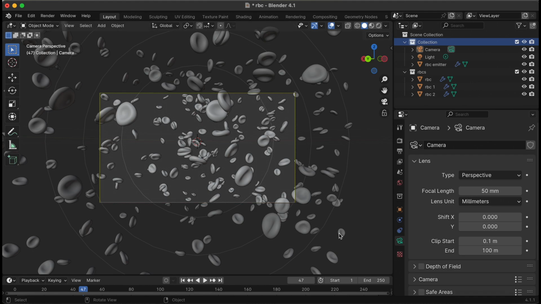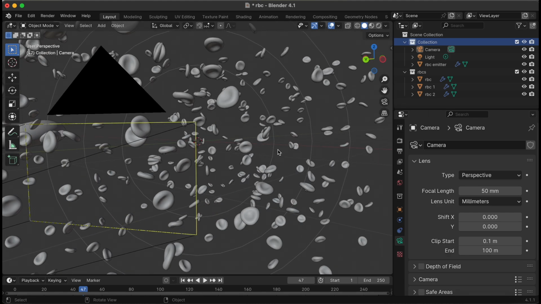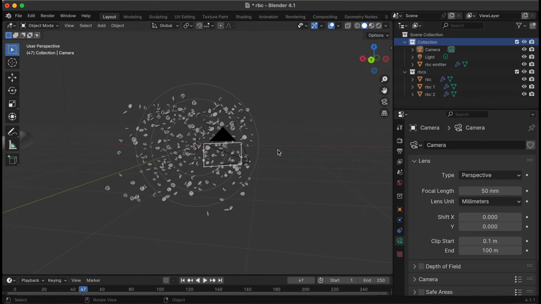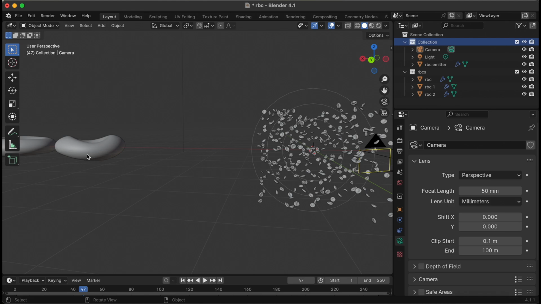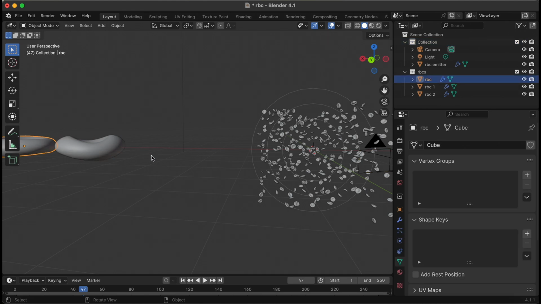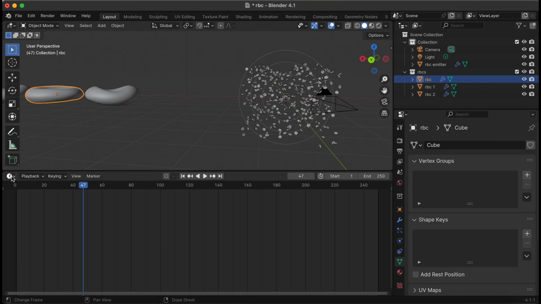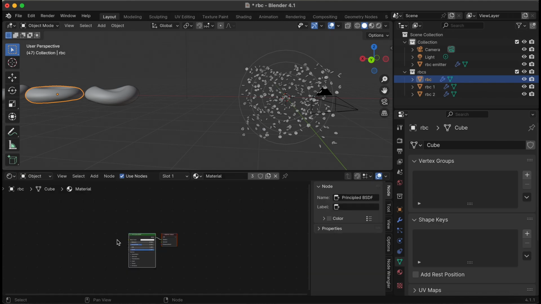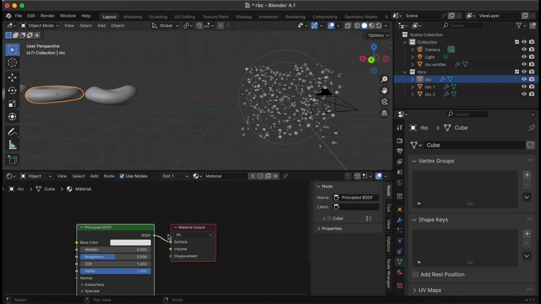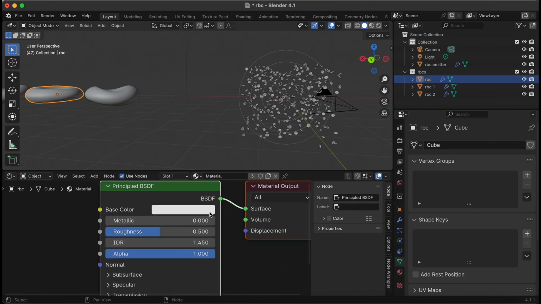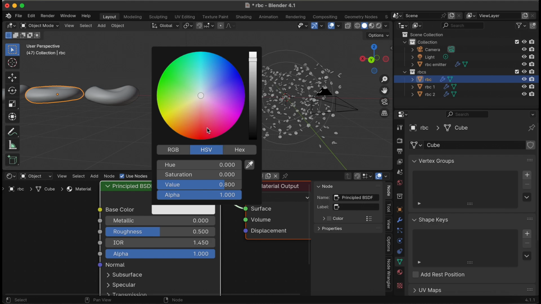Okay, so now that we have our basics set up, we can click out of the camera and start shading or adding materials to our red blood cells. So we can move this up just a little bit, go into the shading editor or the shader editor, and pick a slightly red color.